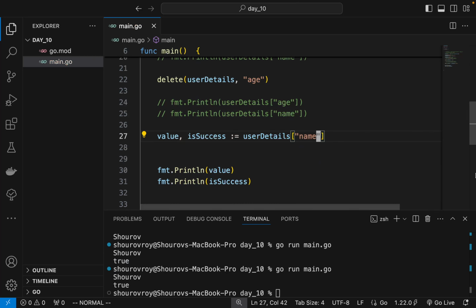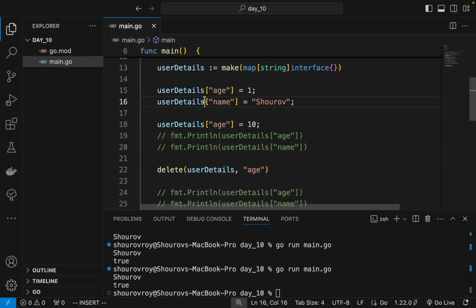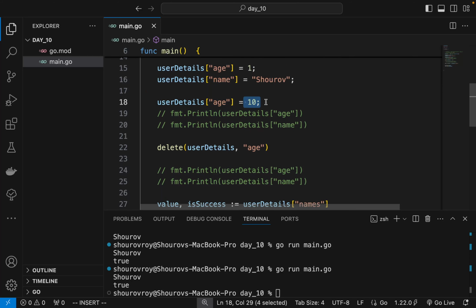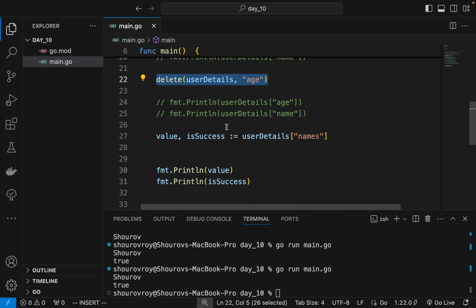And if this is not existent in the map, for example names, we didn't create it anywhere. We only created the name and age, and later we replaced the age with 10, and then we deleted that age key and value using this function, and then we are individually fetching, accessing the value